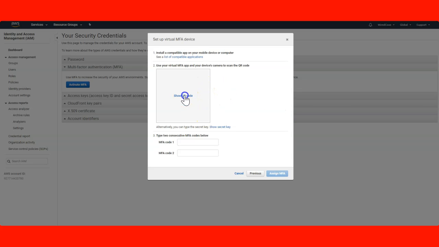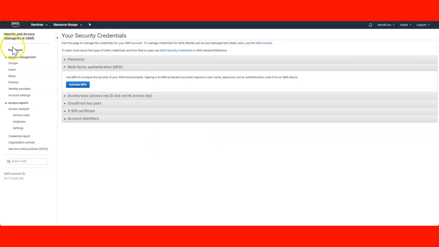Here it will show you the QR code, and you need to scan this QR code from the mobile application you have just installed. It will give you options, and you need to put in the MFA code which will show on your device. You need to enter it two times to assign this MFA, and then click on Assign MFA, and that's the whole process to enable your MFA. I don't have my device handy right now, so I can't do this. All right, so that's for MFA.